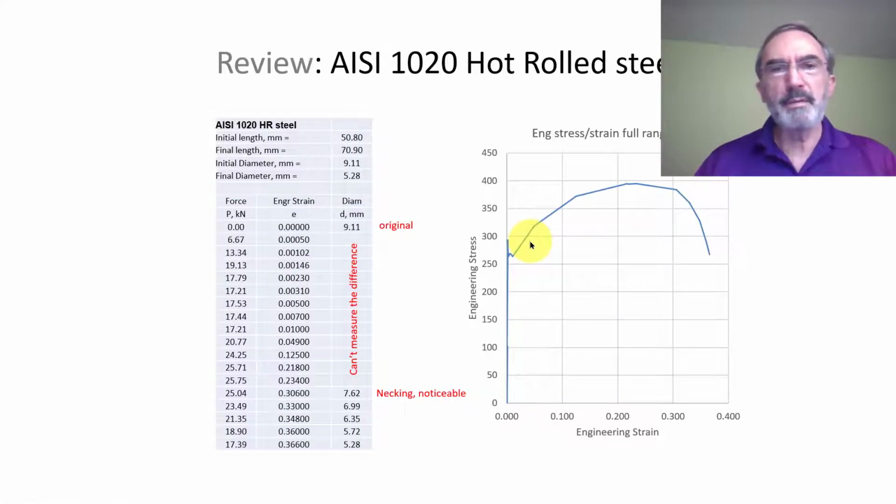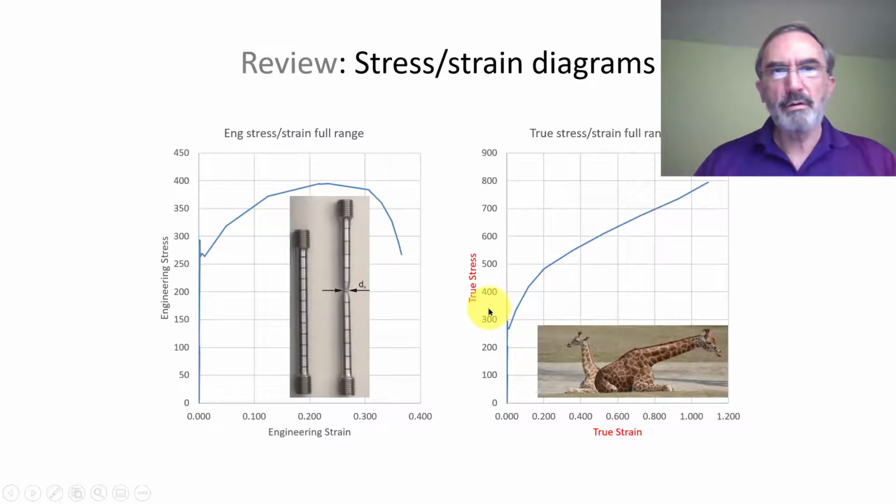All right, so from previous videos, we know this is the data that we can collect with a test. That is simple, no big deal. You all have seen the video. And then if we use this data directly with engineering stress and engineering strain, the easy formulas from mechanics, we get this plot. But that plot has some shortcomings when the deformations are large, due to necking, so we introduce true stress and true strain, and we can draw this plot, which makes more sense for that situation. All right, so that's the background.